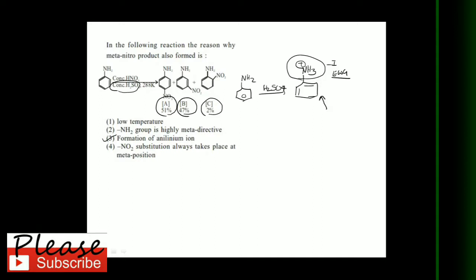Here the one important point is in the anilinium ion, only pi conjugation is possible. The positive charge is not involved in a conjugation because around the nitrogen four bonds are already there. The maximum covalence of the nitrogen is 4. So unlike the benzyl carbocation, this positive charge is not involved in a resonance like this. This structure is not possible because the covalence of the nitrogen is exceeded.